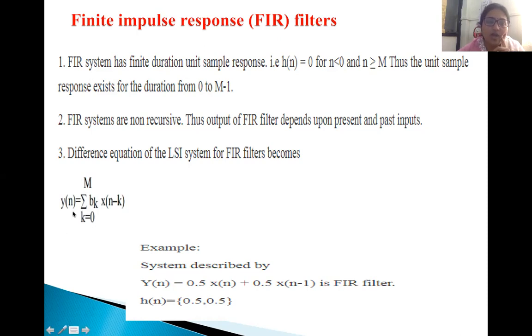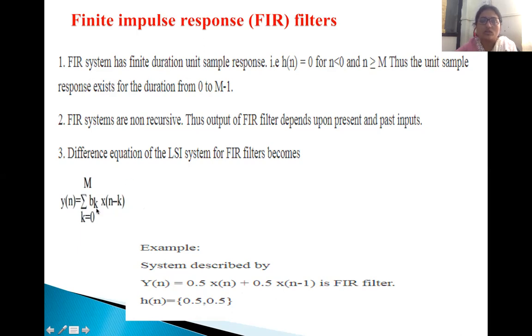The equation is y of n equal to summation k varies from 0 to m of b k x of n minus k. So this equation is particularly used for design of FIR filter. Now if I expand this, the system is described here: y of n equal to 0.5 x of n, this is the present sample where k equal to 0, plus 0.5 x of n minus 1. Here k is 1. So in this FIR filter equation, 0.5 and 0.5 are the coefficients